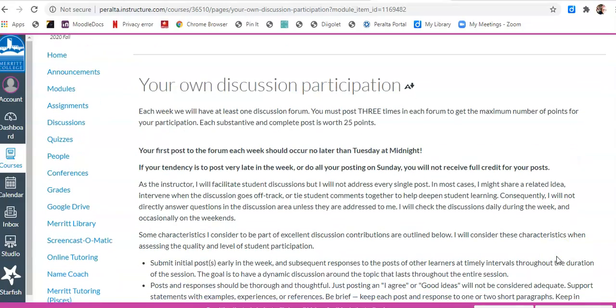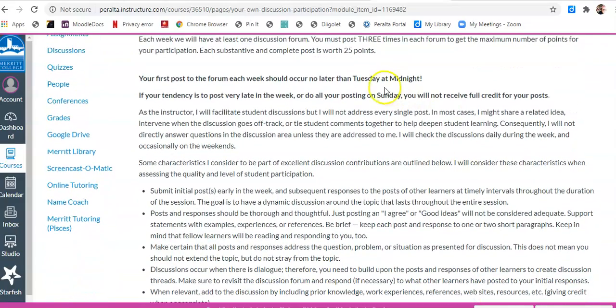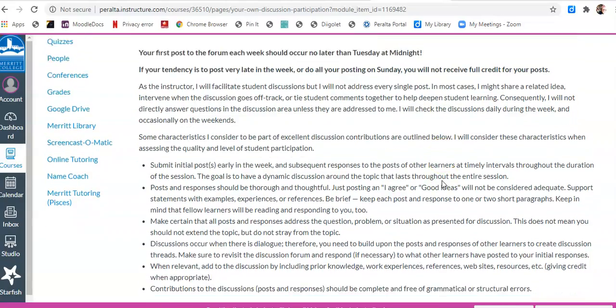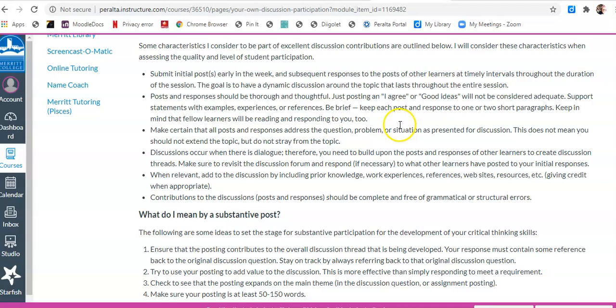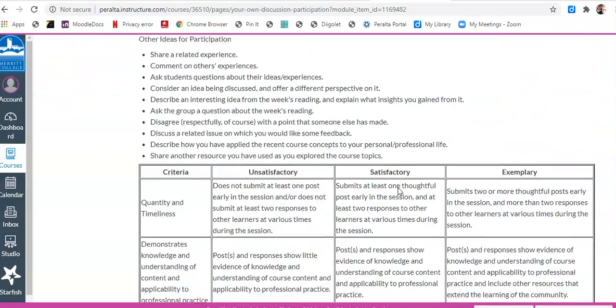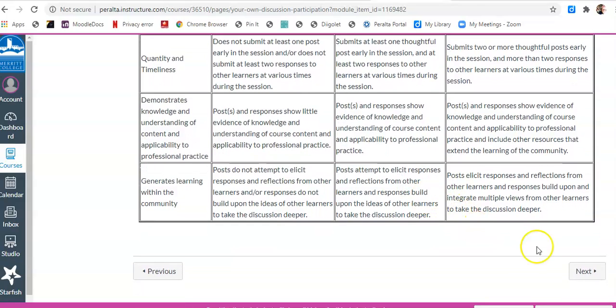Here are the metrics on forum discussions, what you need to do. Uh-oh, this says Tuesday. It should say Wednesday. Always something I miss, some detail. But anyway, here's a lot of information about how to post in terms of your content. And there's actually also a rubric.